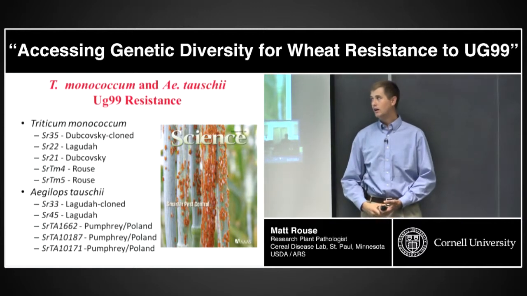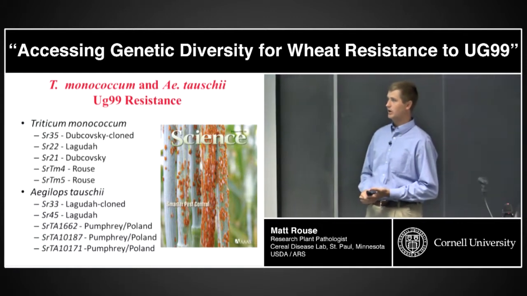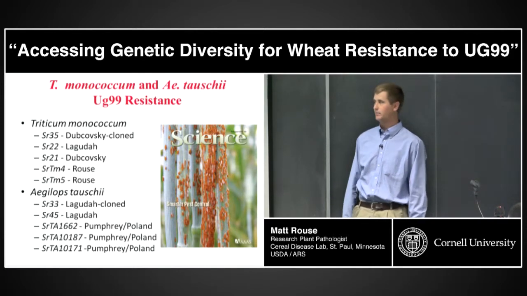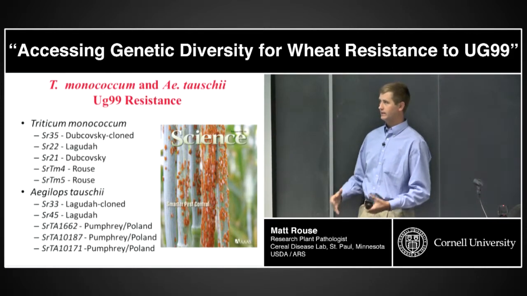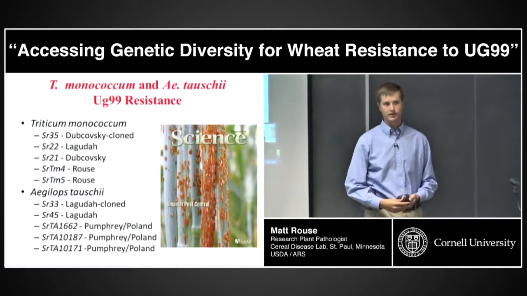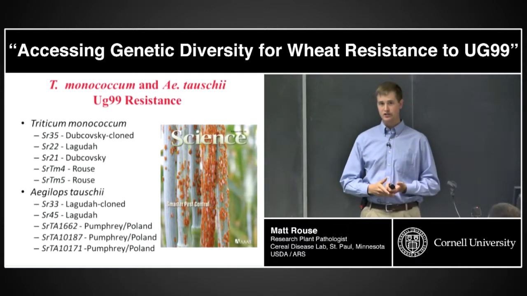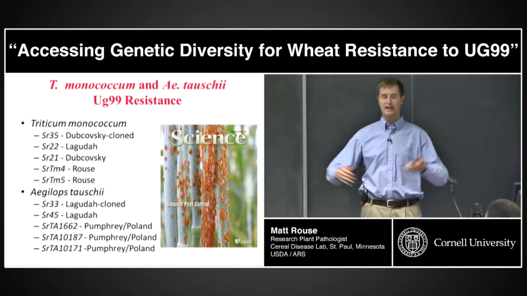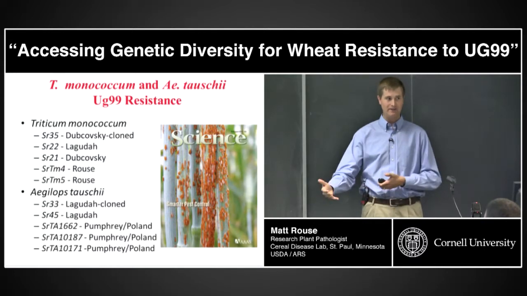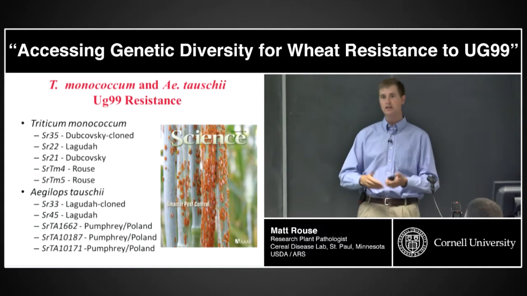And all of the phenotyping was done in our lab, and we've made a lot of progress very rapidly by having a lot of people working on the genetics and high throughput phenotyping. One thing I'd like to point out at this point is that for the SR35 cloning project in particular, having this really strong data set of infection type patterns, and knowing out of 1,000 Triticum monococcum accessions which lines have SR35 and which lines don't have SR35, is really useful for cloning these genes, because the map-based cloning